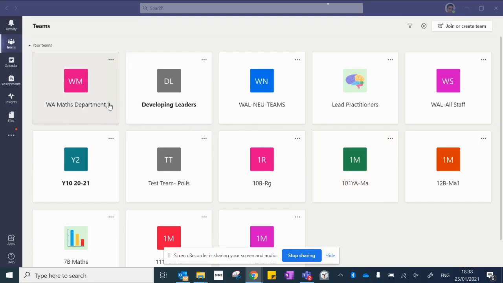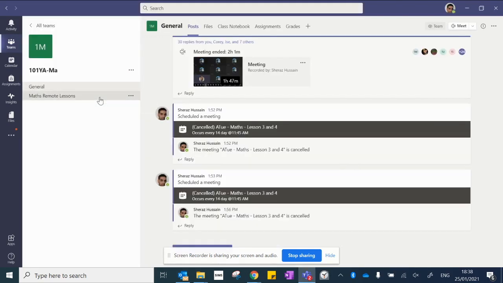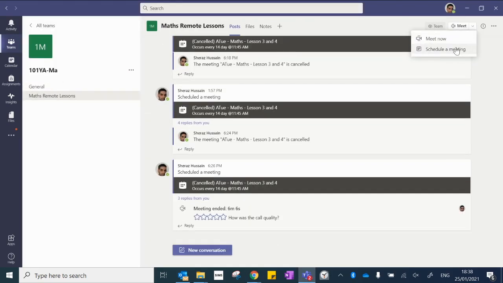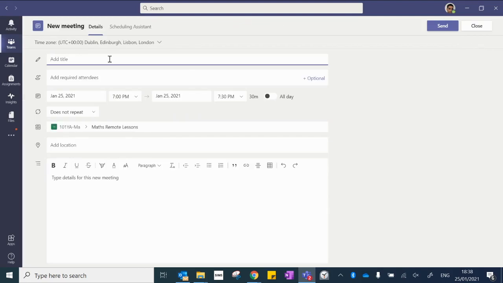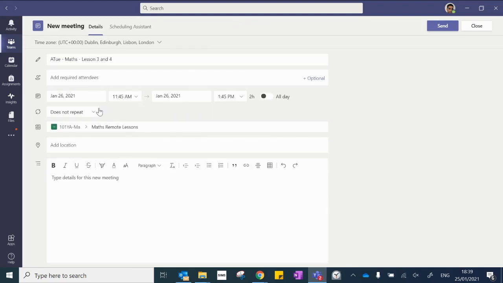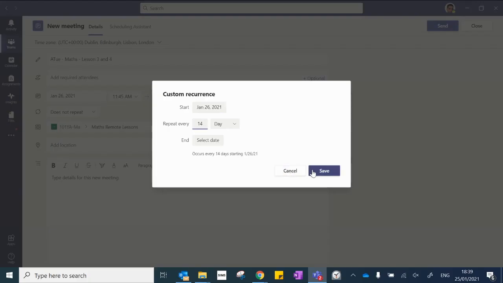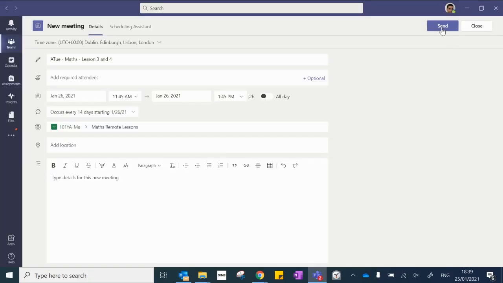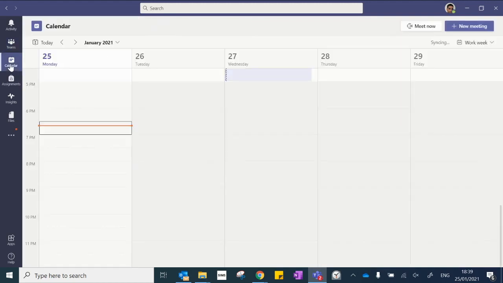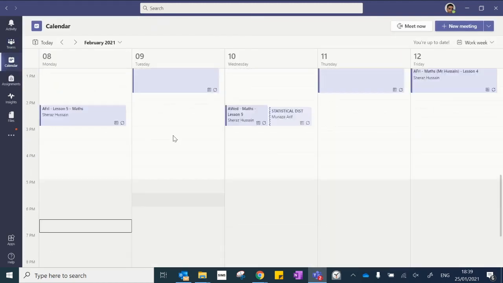Firstly, you need to head over to Microsoft Teams and select the class you want to schedule a meeting for. Go into the correct channel and click in the top right, schedule a meeting. Write a title, choose the date and the time. If you wish for the scheduled meeting to reoccur, then the option is available to you, reoccur on a fortnightly basis. Click send, and then we can go into the calendar and view this scheduled meeting,